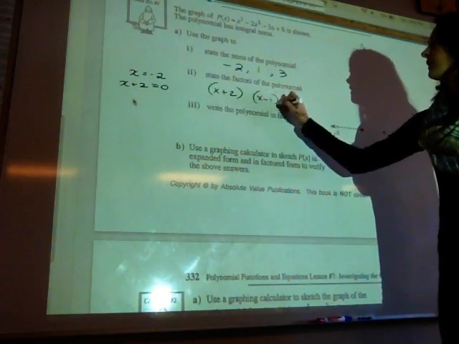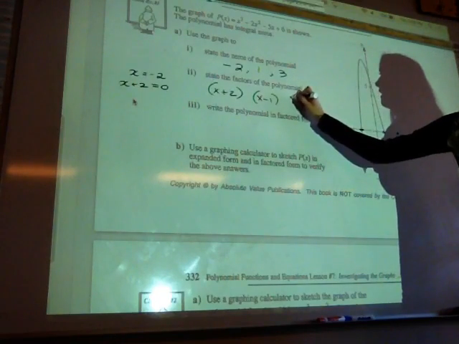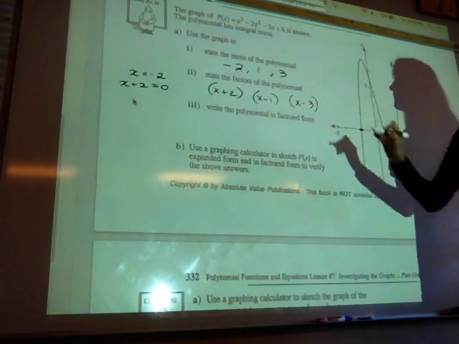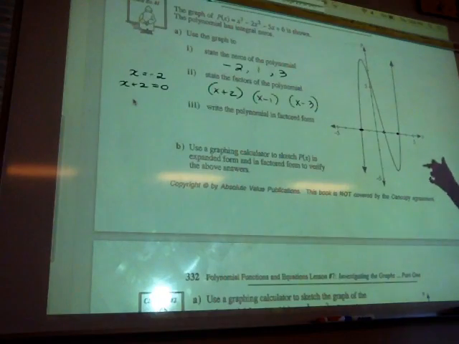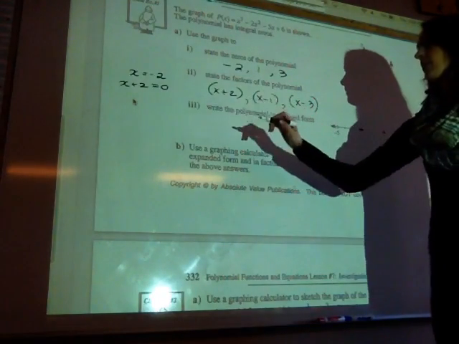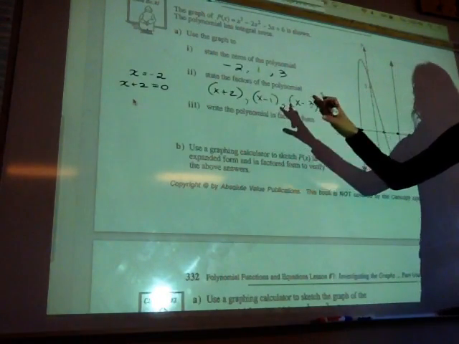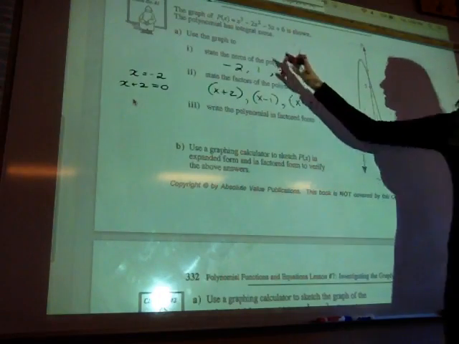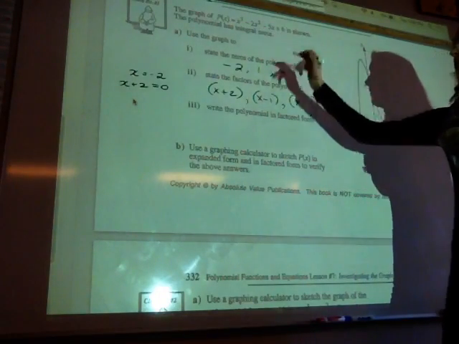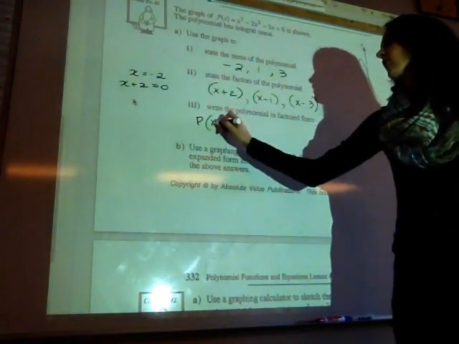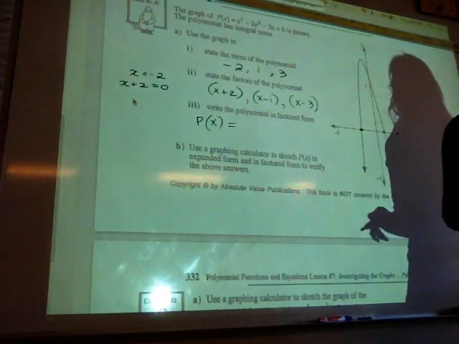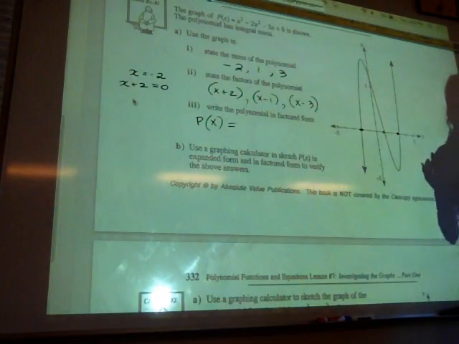X minus 1, good. And what's the factor? X minus 3. Awesome. So if I were to take those factors and write the polynomial in factored form, I'm going from this expanded form to factored form, and rather than going through the process of what we did yesterday or the day before that,